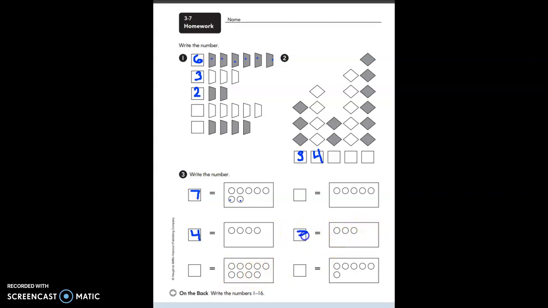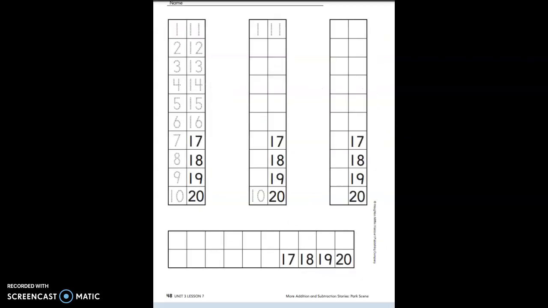And I see that there are 3, right? And then fill in the rest for how many dots or circles you see in that rectangle. When you are finished with this page, you are just going to flip it over and do the back page. All right, so on the back page, you will see